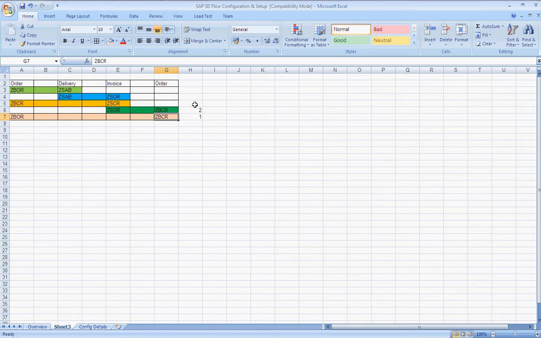Now last three steps are there for us, from order to invoice, delivery to invoice, and order to delivery. So first we will go to delivery, 3, then 4 and 5.